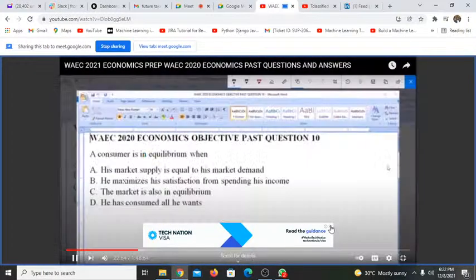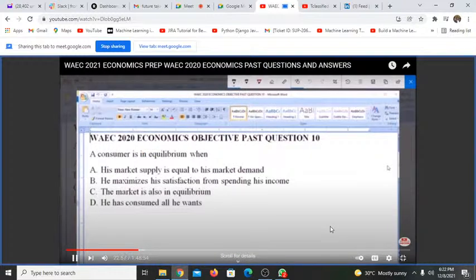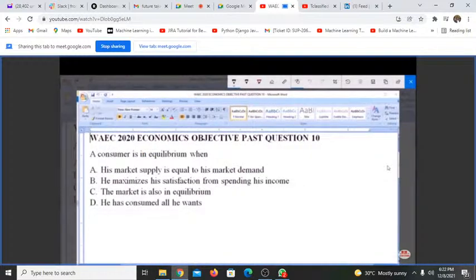Hello and welcome. I will be answering WAEC 2020 Economics Objective Past Question 10. When A. his market supply is equal to his market's demand, B. he maximizes from spending his income, C. the market is also in equilibrium, D. he has consumed all he wants. Now, this concept is known as consumer equilibrium. And consumer equilibrium is a situation